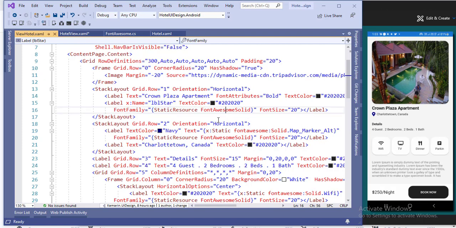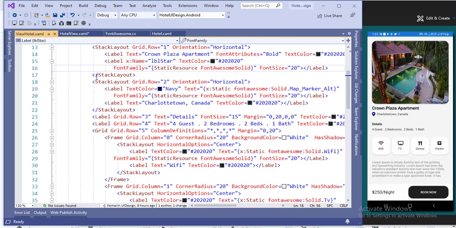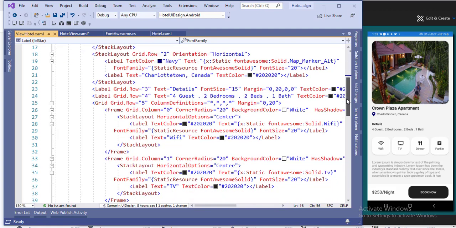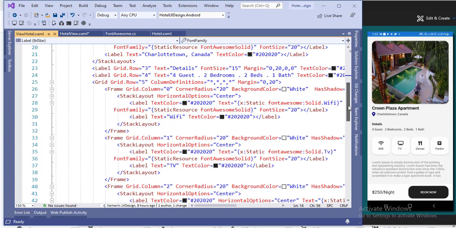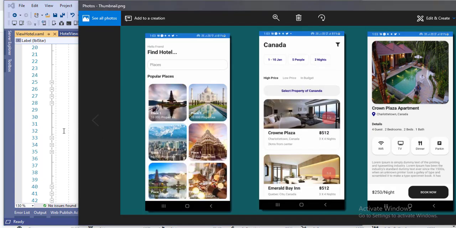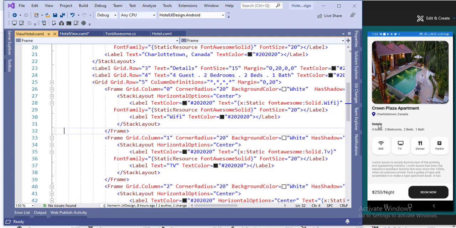Just use it like this one. If you want to show 4 stars, you can combine all these solid Font Awesome label text in the code behind. I forgot this. After that, in the second row, there is a label and this is the icon for showing a marker. This is the label for detail. This is the label for